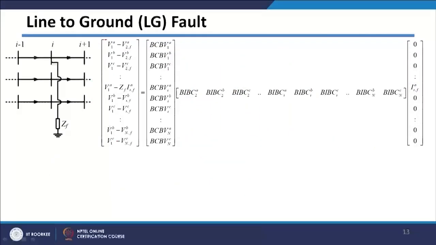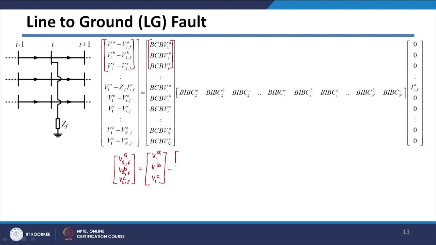So, if you are taking all the 3 phase quantities together, say you want to calculate all the 3 phase voltages of this particular bus, I can just write it like this. Similar to the earlier slide, I can just directly write it. So, V2F A phase, V2F of B phase, V2F of C phase, post fault voltages of all the 3 phases will be equal to V1A, V1B, V1C